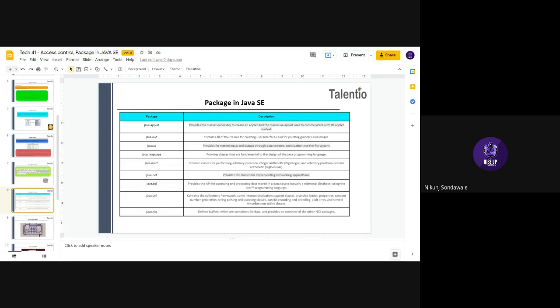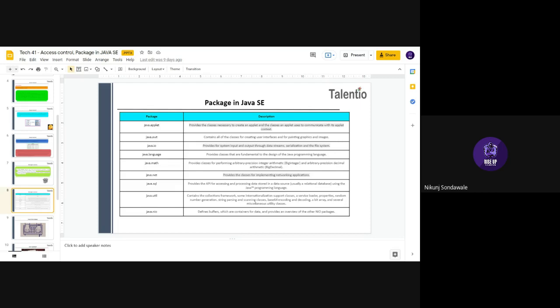As the name says, SQL deals with the data parts, where we have to deal with data. In those cases, you can implement java.sql. Then java.util package provides the collection framework, internationalization, support classes, service loader, properties, and many more functions.